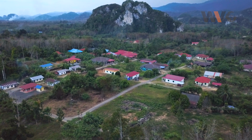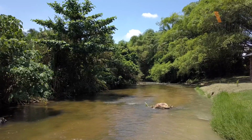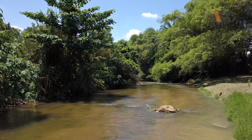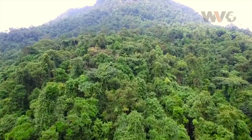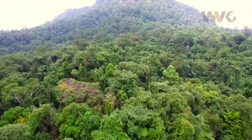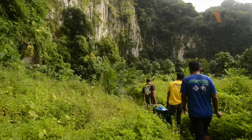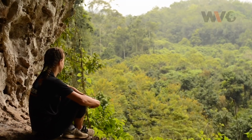Welcome to Marapo. This village is awesome. It is located right on the outpost to one of the most ancient rainforests in the world. So Marapo is located in a wildlife corridor which basically connects Taman Negara National Park in the west to the mountains in the east. This area is particularly important as it's basically one of the only connections left in between